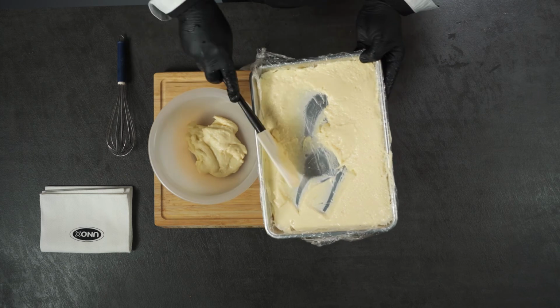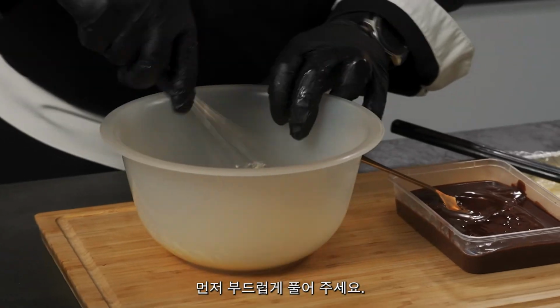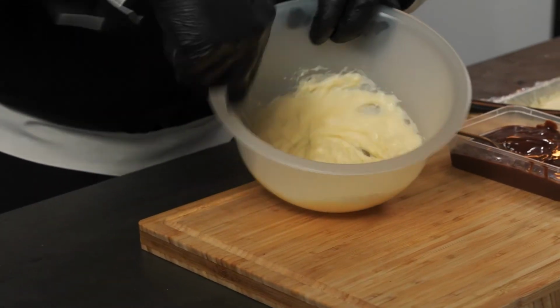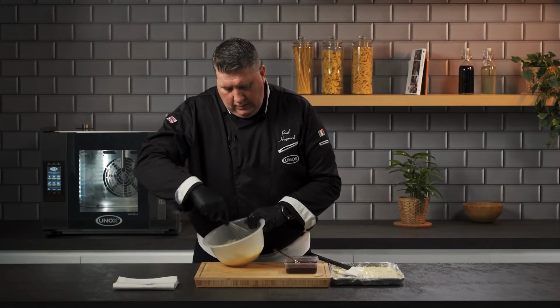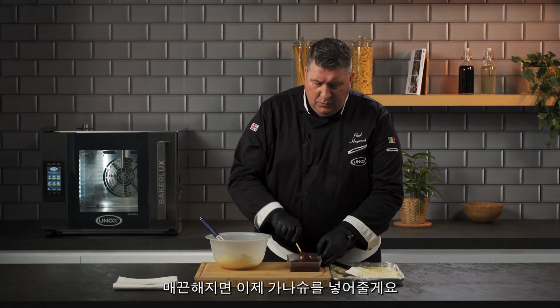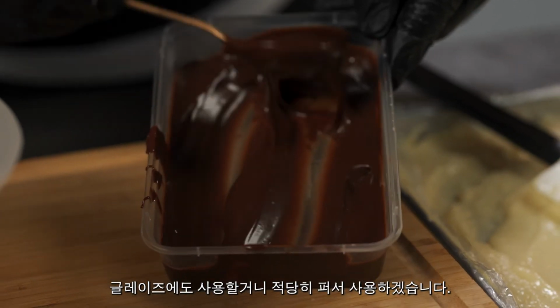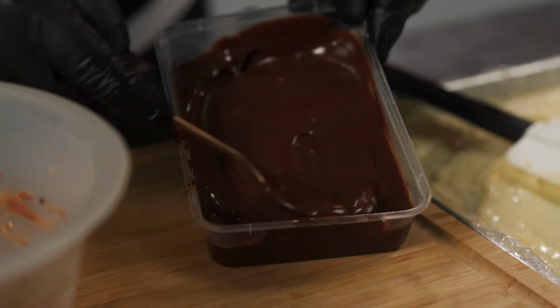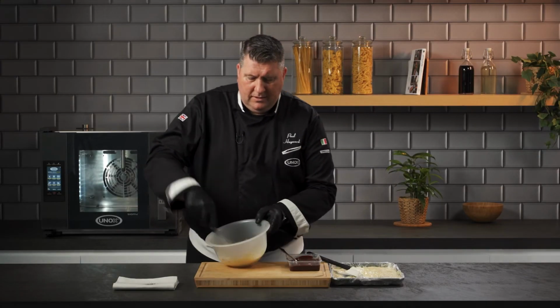put it into the bowl, and then we're going to just take the hand whisk, just give it a whisk until it's smooth. Very easy. Now the ganache we made earlier, it's just been left out at room temperature because we're also going to use it for a glaze. We just basically put a spoonful of this to start with, mix,